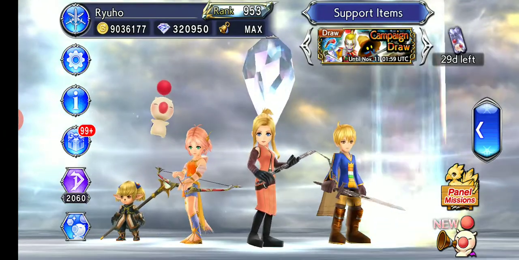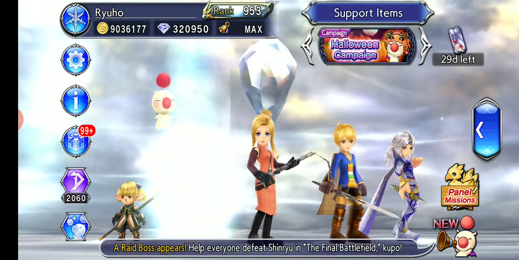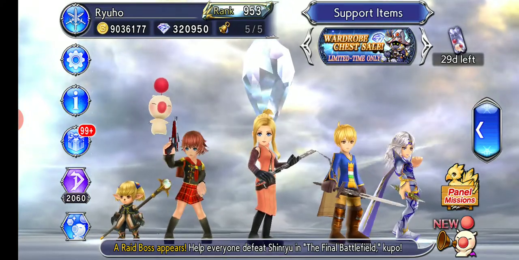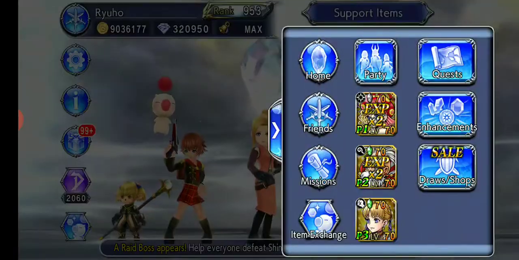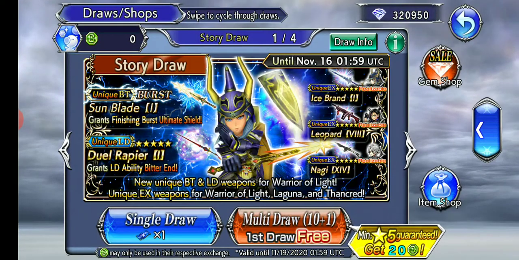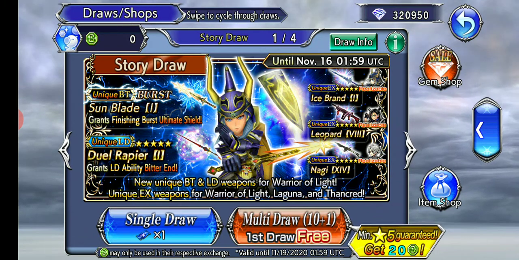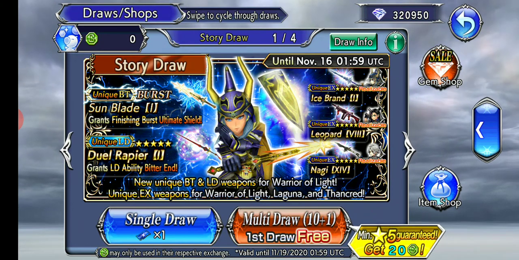This time for the banner draws, we're looking at a new set of banners that introduce our next story chapter, which happens to be the last part of this act, as well as the introduction of a few things. One of them, there's a nice picture of the boss there. One of them being a Warrior of Light's LD and Burst. Very nice. I like the look of his burst weapon. Zeldy's not too bad looking itself, but